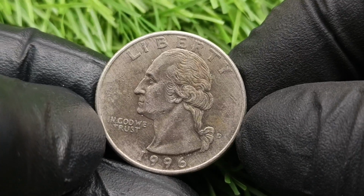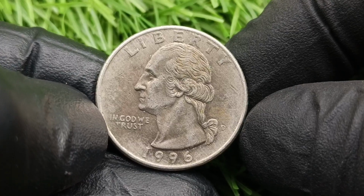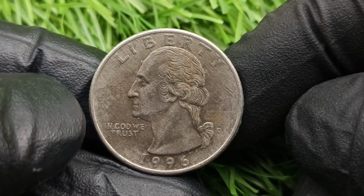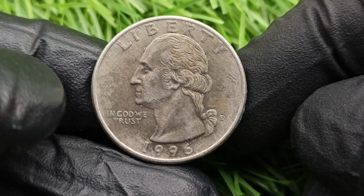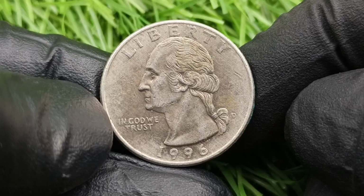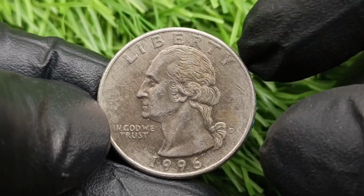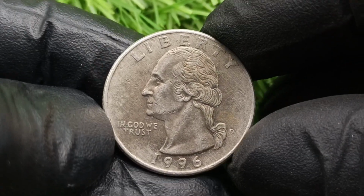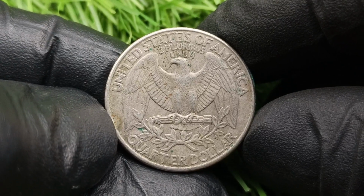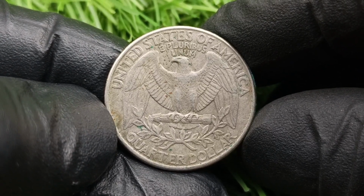Collectors understood that these well-preserved examples represented the true beauty of the coin, making them far more desirable than heavily worn pieces. This gradual process of survival reminds us that history itself often creates rarity, rewarding coins that have been carefully protected across generations. Hidden among millions of ordinary 1996 D quarters are fascinating mint errors that continue to excite